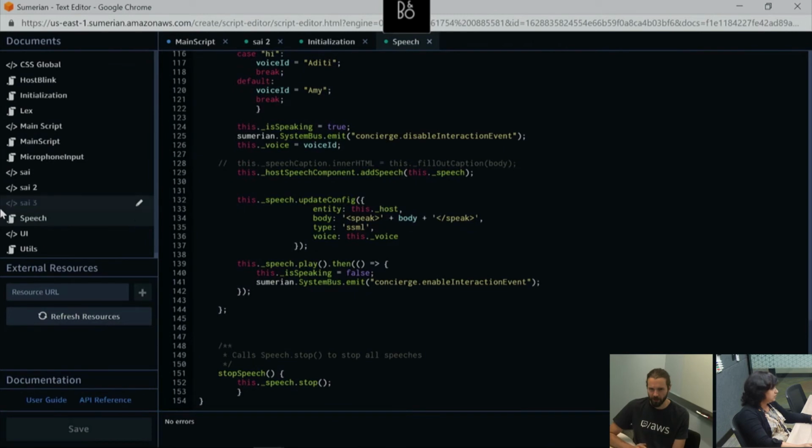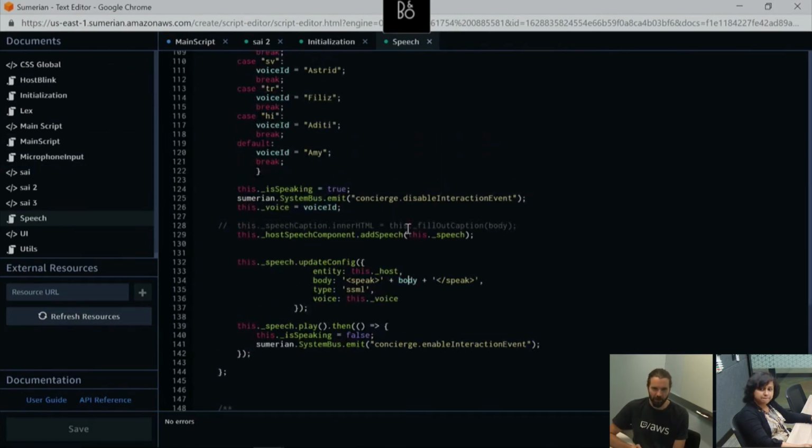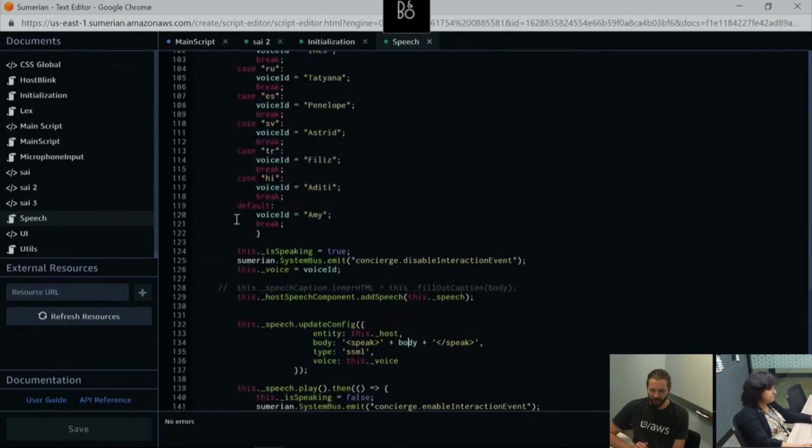Right. So maybe to expand on that a little bit, I'll just jump in. The way Polly is set up is that there are something like around 50 or 55 voices covering about 27 languages. Again, it's rough, and there probably are a couple more languages than that.